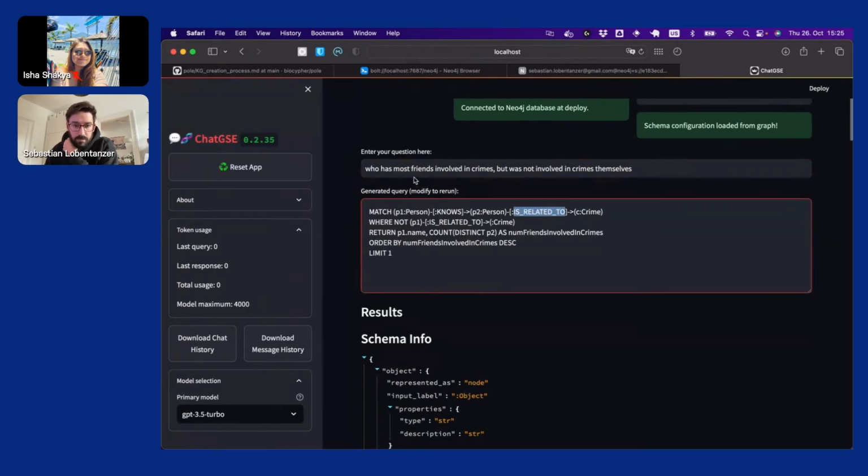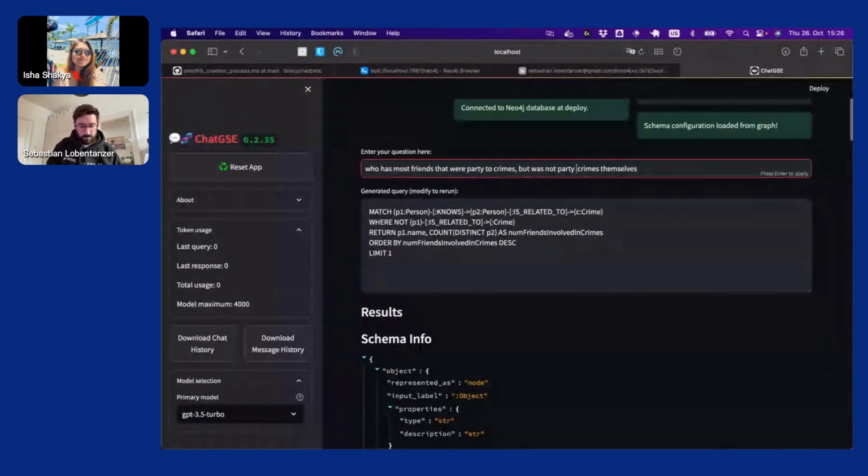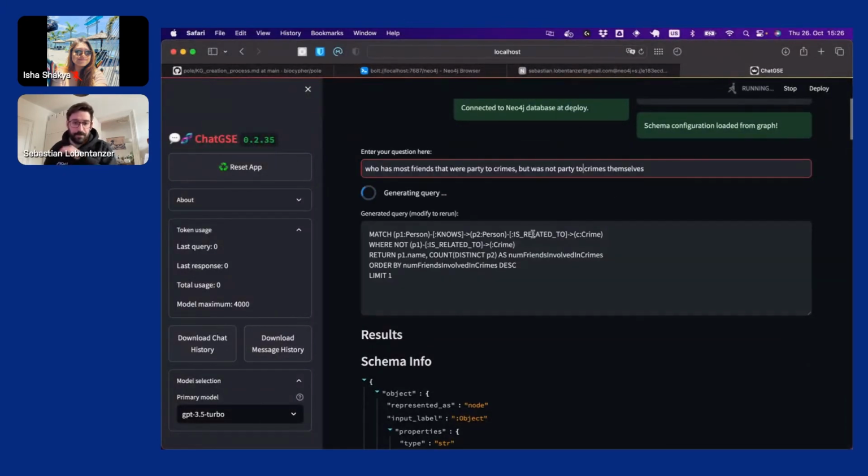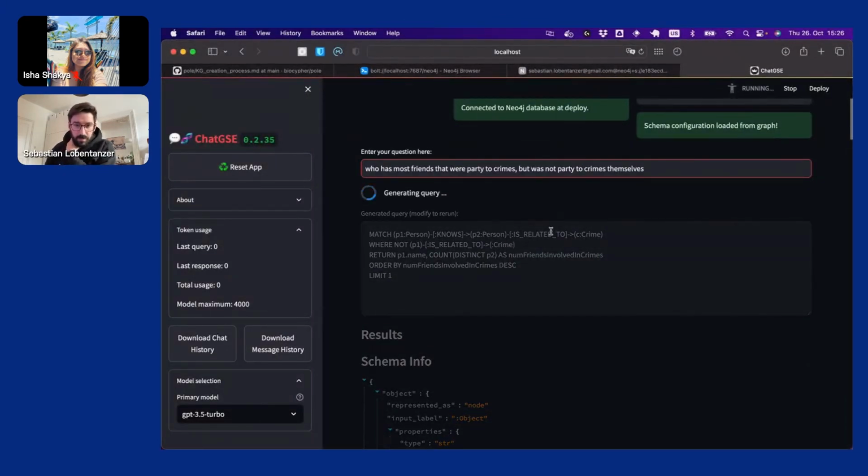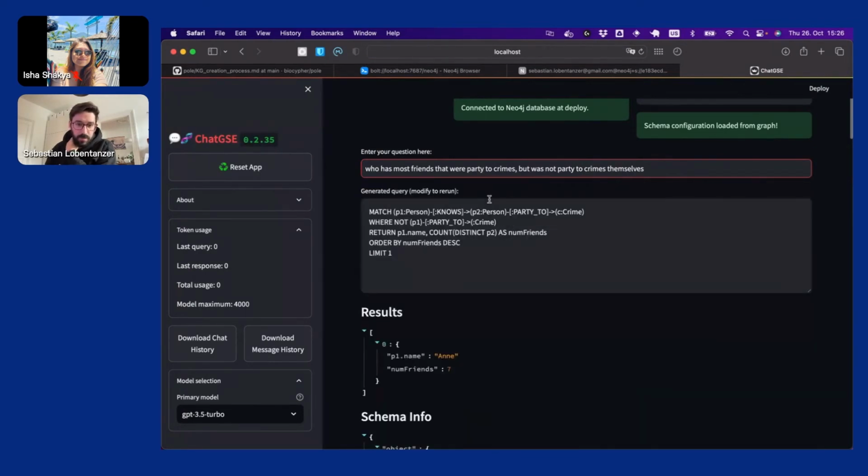So if we use the designation in the graph directly, it's a bit of cheating, but instead of rewriting or modifying the query, let's see if we can get the language model to return the right thing.